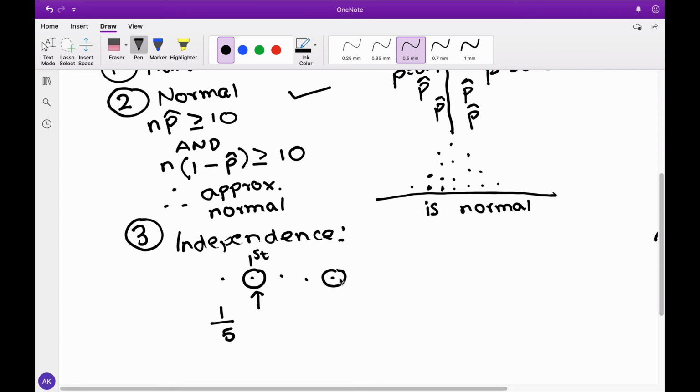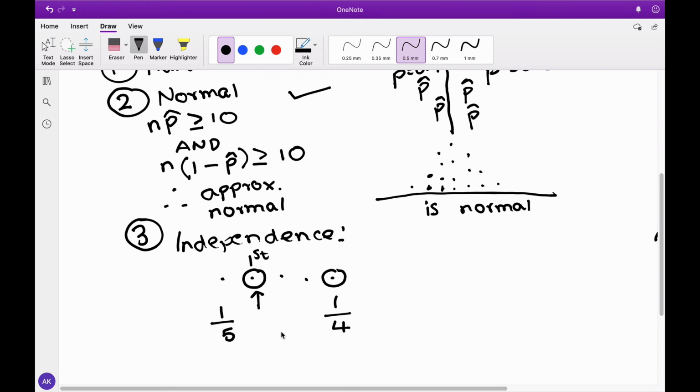Now you have 5 people in this thing, but this guy's already gotten the survey. So when the next guy gets the survey, he only has a 1/4 chance, because guess what? This guy's already gotten the survey, so he doesn't count anymore. So this guy has a 1/4 chance. Now, see, 1/5 is less than 1/4. That means that this guy had a greater chance than this guy, which means that our survey is actually not